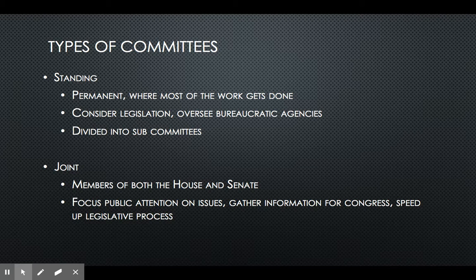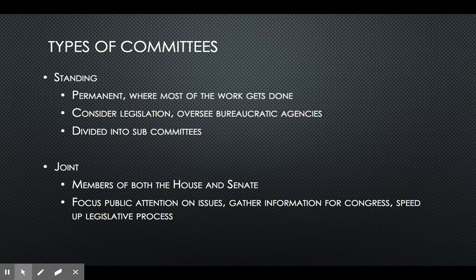Now, membership in standing committees can allow members to develop expertise around specific issues. These committees consider legislation and oversee bureaucratic agencies, and they can be further divided into subcommittees. So these are just smaller, more specialized committees that divide up the work